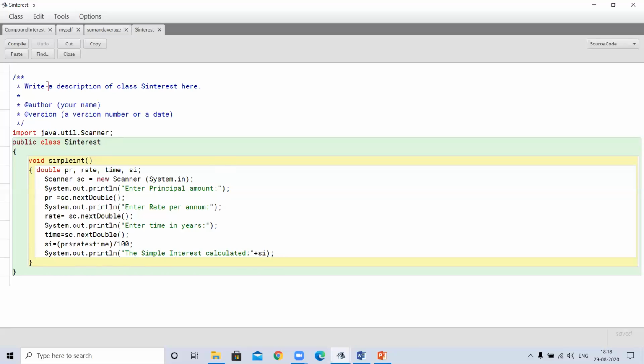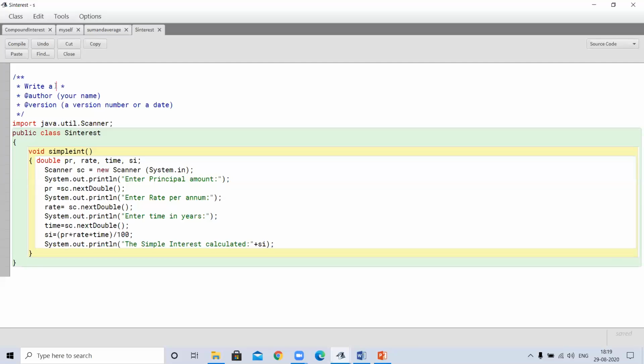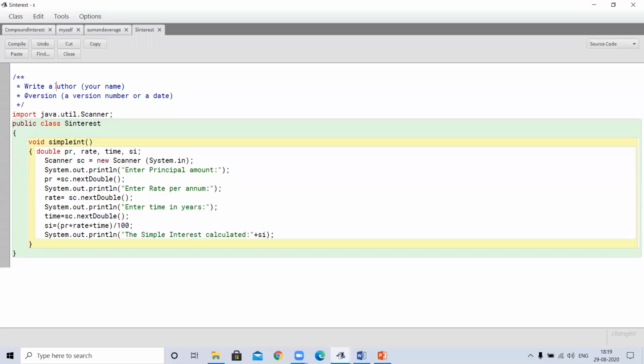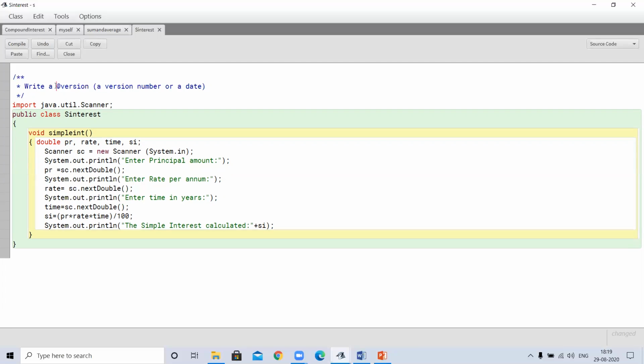So what is this question? The question is: write a program to calculate simple interest. For your convenience, I am writing here the question also so that you will not have any doubt.